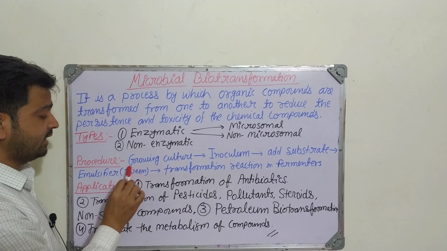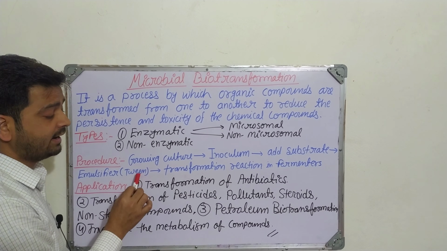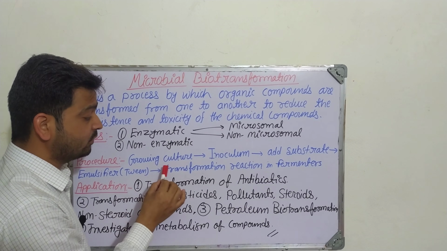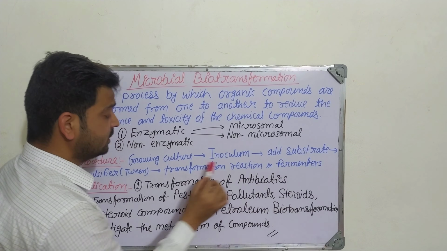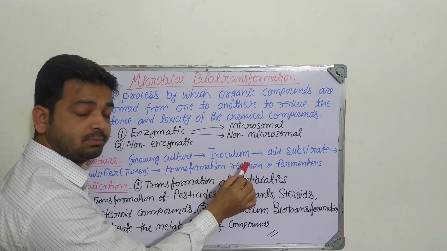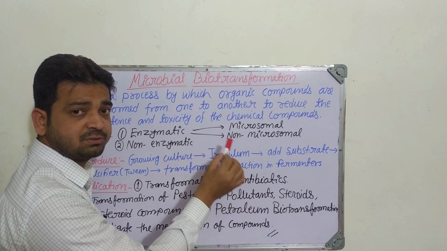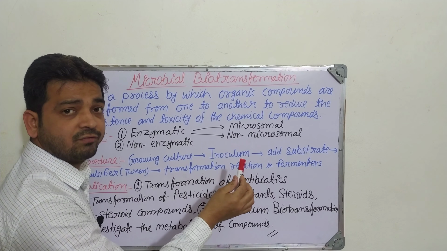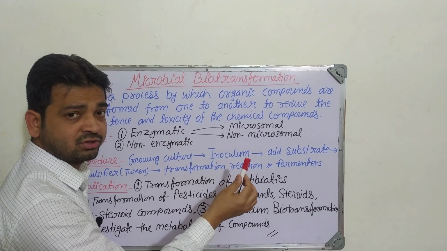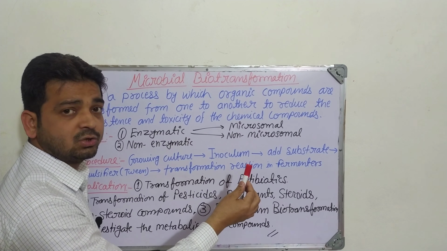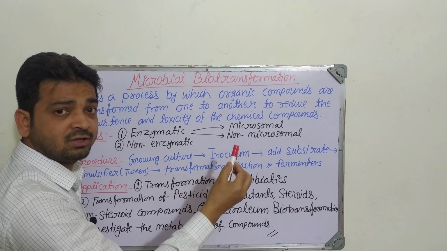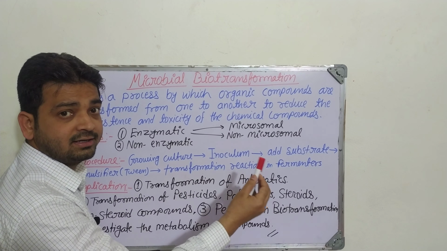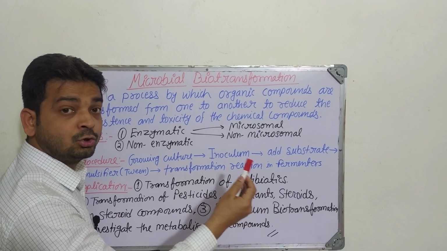right? Then emulsifiers such as Tweens and many other additives required for the transformation are added into the fermenter, where the transformation reaction takes place while maintaining the temperature, pH, pressure and all those things. The timing could be 24 hours, 3 days or 5 days, depending on how much time the particular substrate we have subjected for the transformation requires. We have to take care of those things,